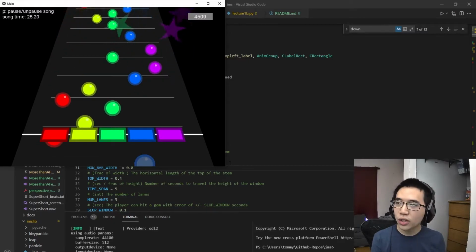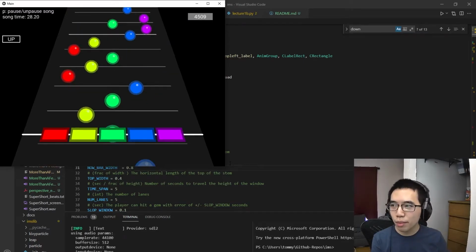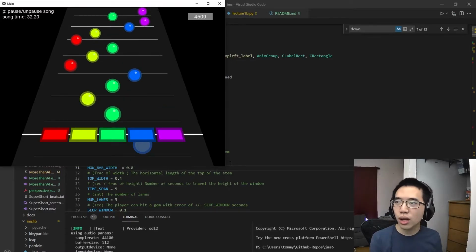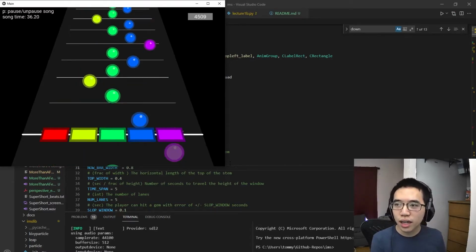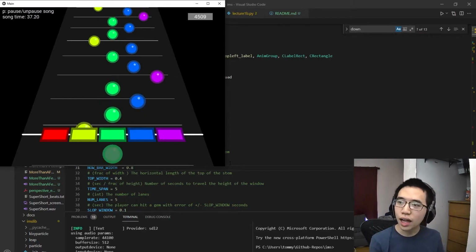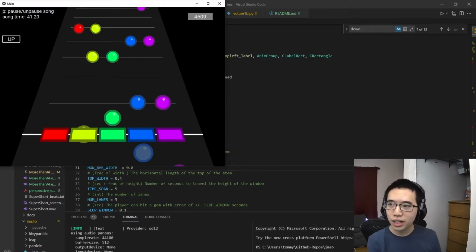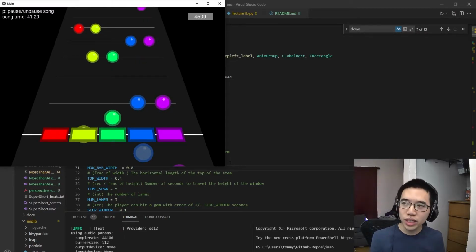Here, I also implemented, for debugging purposes, the ability to press the up arrow or down arrow in order to progress through the song in increments of 1 second. This is just to debug, and not actually meant as a core mechanic. I'm using it here in order to demonstrate that I have implemented the method for hitting multiple notes at the same time. So, here,